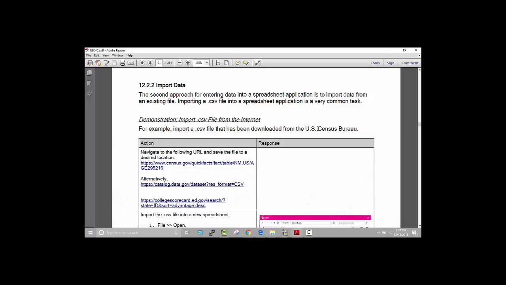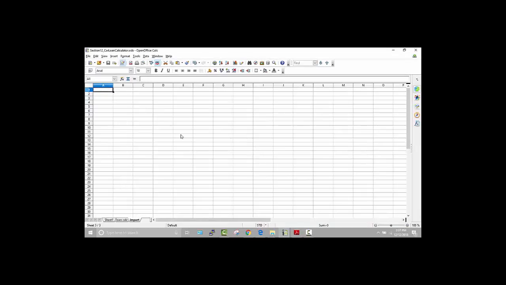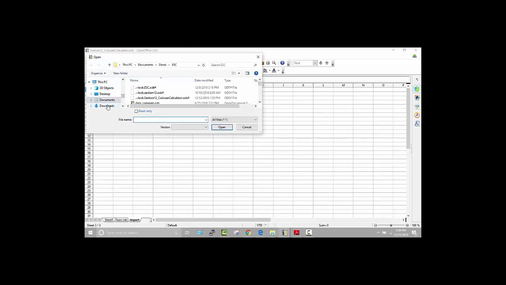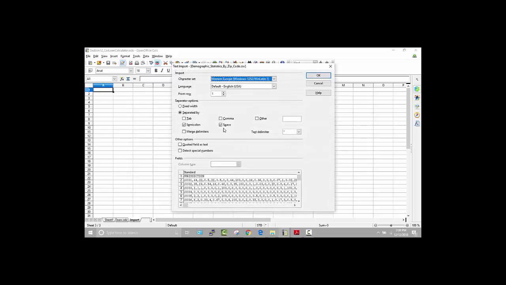So now to import it, I can open up a spreadsheet, and I have Calc open already. If I do File, Open, then I'm going to go to my download directory. I can sort this by date modified so that the most recent one shows up, and here is the file I want, the CSV file. This is what I downloaded from the internet. So I select the file, click open,